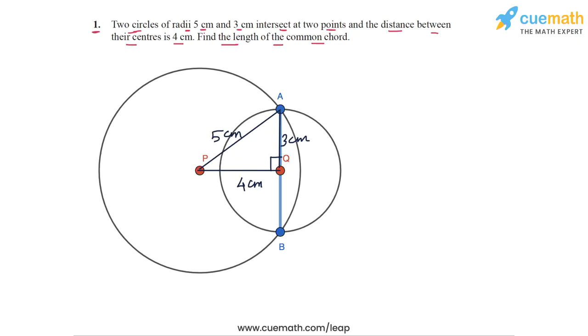So the conclusion that we can draw is that the center Q of the smaller circle lies on the common chord itself, which means that the common chord AB has a length which is twice the radius of the smaller circle. So 2 times AQ. AQ is the radius of the smaller circle. So 2 into 3 centimeter. The radius of the smaller circle is 3 centimeter. So the common chord has a length of 6 centimeter. So 6 centimeter is the answer to question 1.